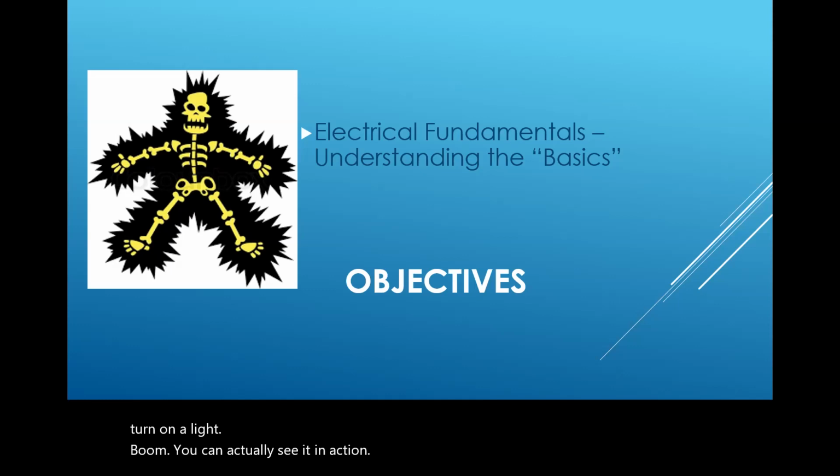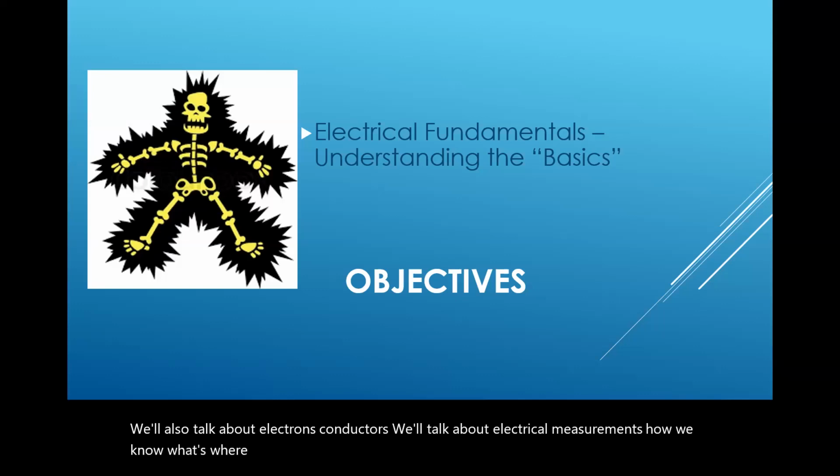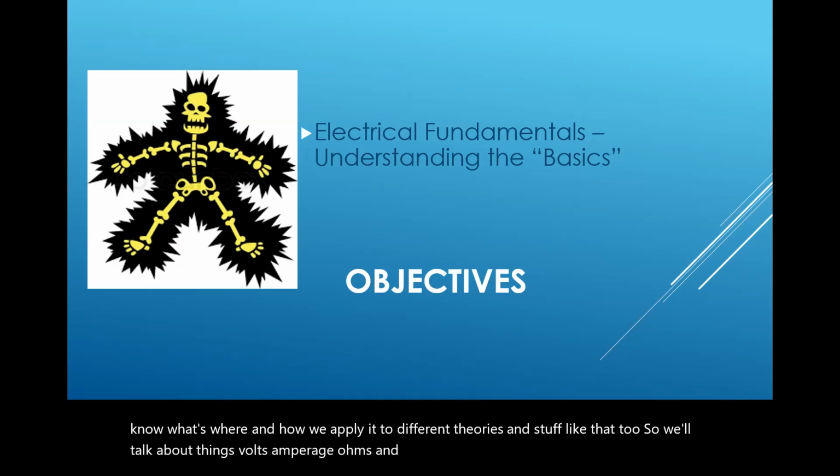We'll also talk about electrons, conductors. We'll talk about electrical measurements, how we know what's where and how we apply it to different theories and stuff like that too. So we'll talk about things like volts, amperage, ohms,